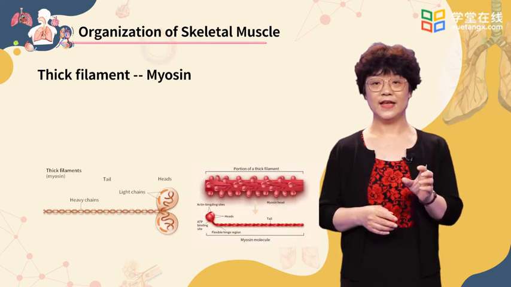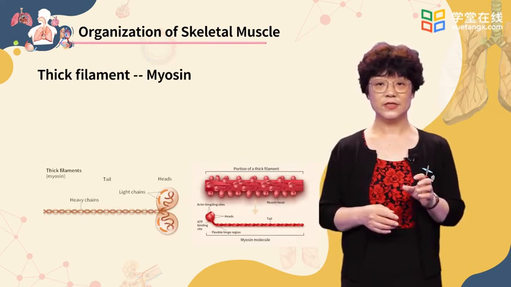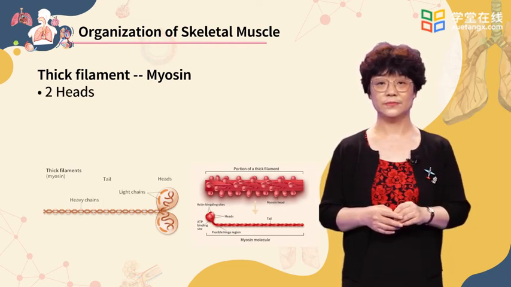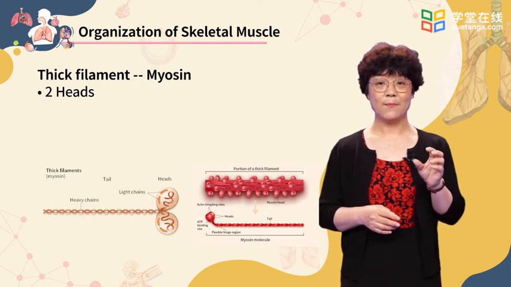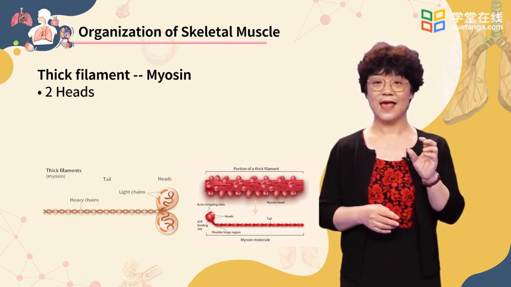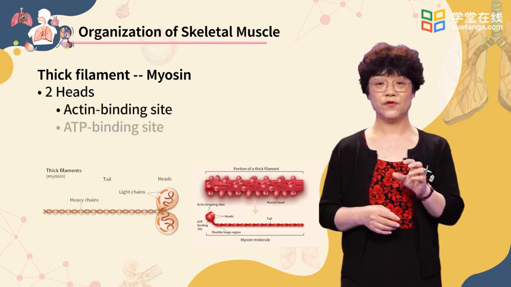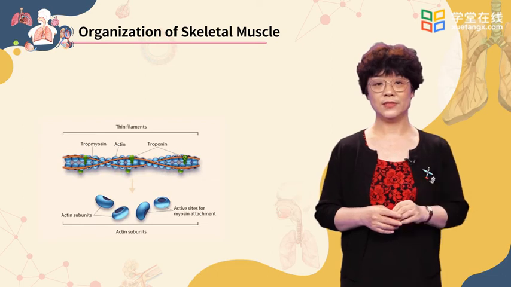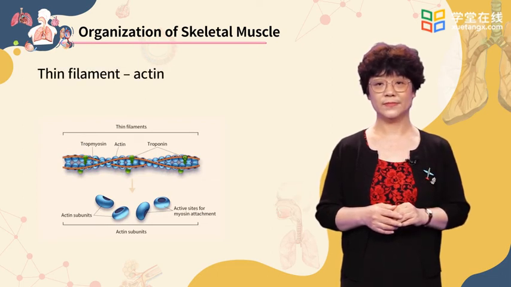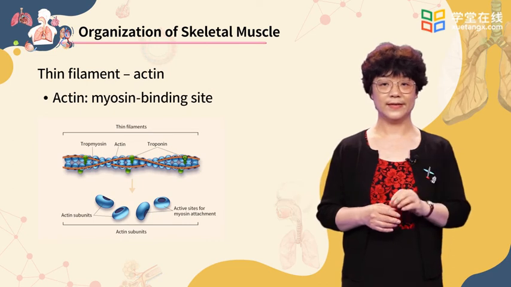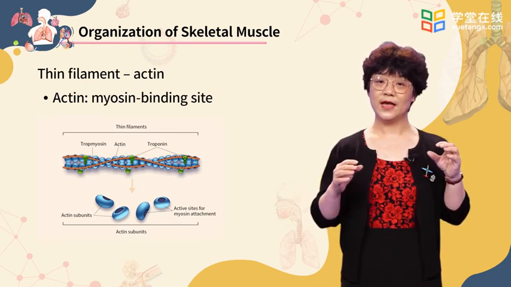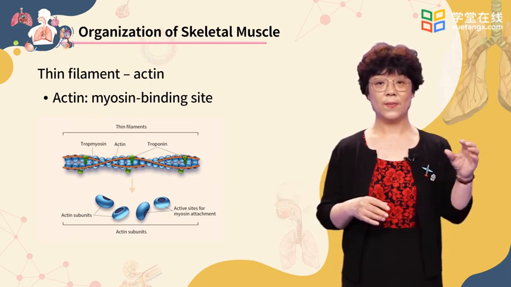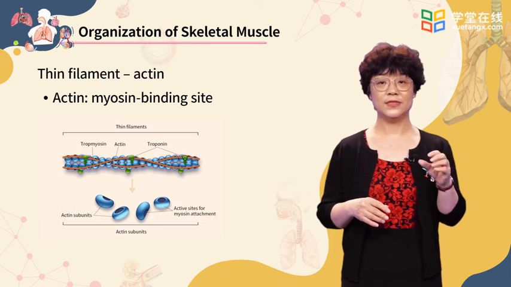Thick filament contains myosin. Each myosin molecule has two heads attached to a single tail. The myosin heads bind ATP and actin and are involved in cross-bridge formation. Actin is the main component of the thin filament. Actin has a myosin binding site. When the muscle is at rest, the myosin binding sites are covered by tropomyosin so that actin and myosin cannot